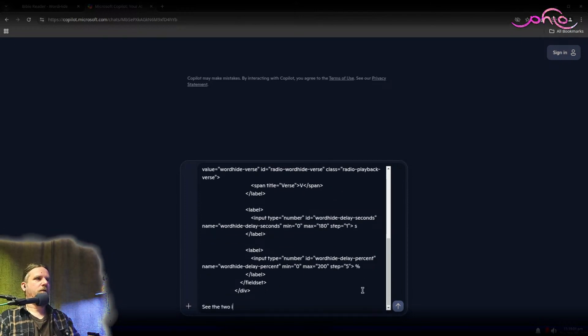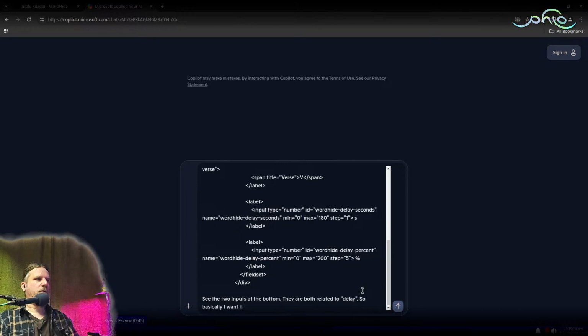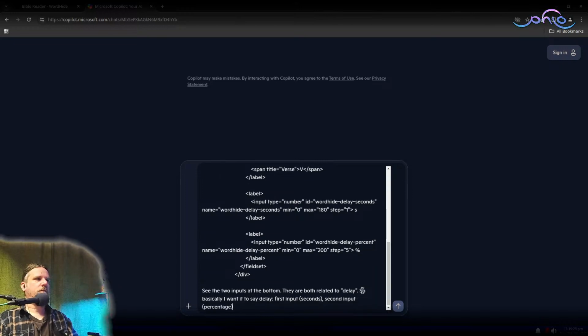See the two inputs at the bottom. They are both related to delay. So basically, I want it to say delay, first input seconds, second input percentage, except S and percentage respectively.